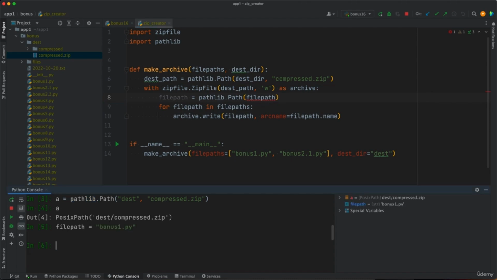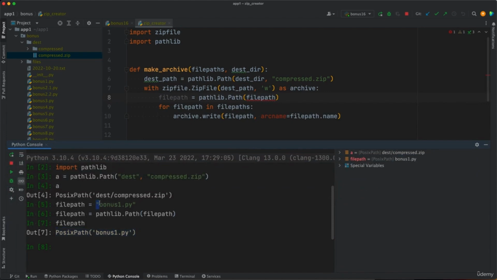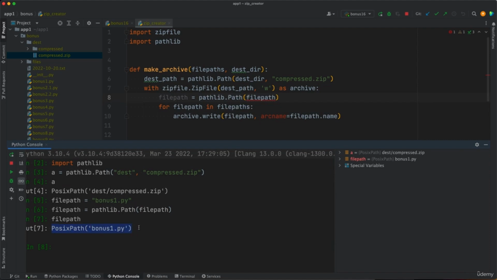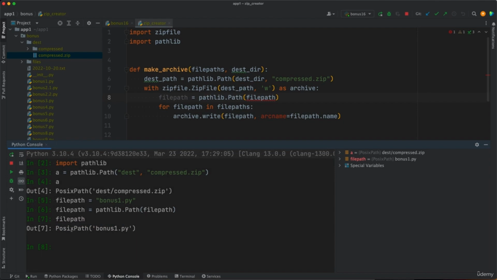So basically what we're doing is this: we have this file path here, and then we say file path is equal to pathlib.Path(file path). That's what we do. So what we get now is this specific instance. Before we had just a plain string. Now this is a more specialized type of object, which is better designed to work with paths. So PosixPath bonus1.py, and file